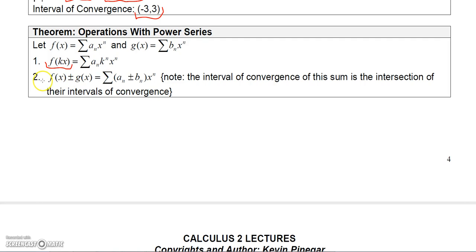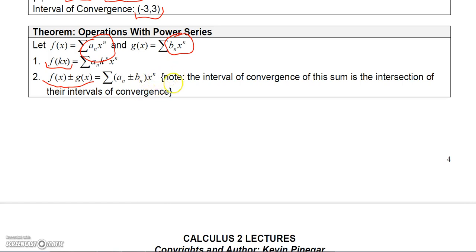And it also says that if you were to take the sum or difference of those two series, it would be the same as the series of the sum or difference of these two series up here. So it would be a single series of a sub n plus b sub n times x^n, or a sub n minus b sub n times x^n,